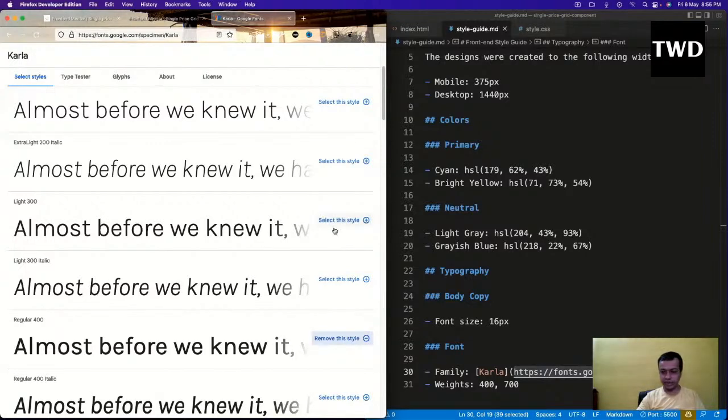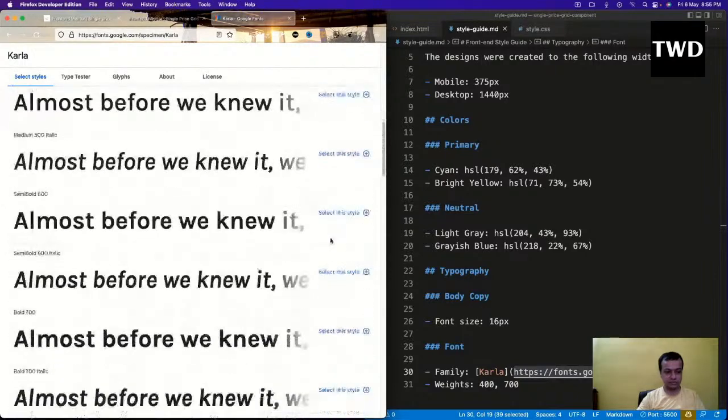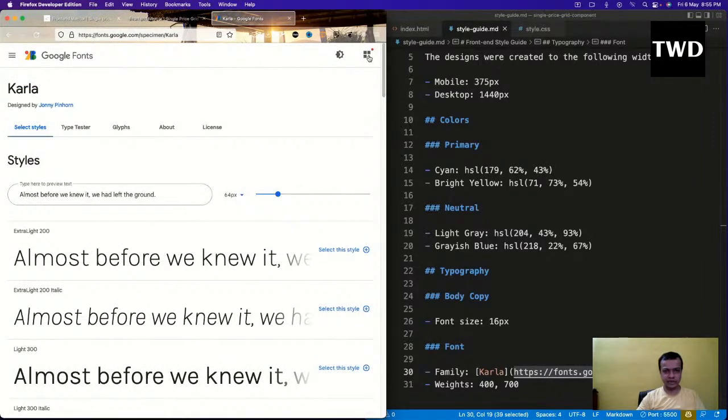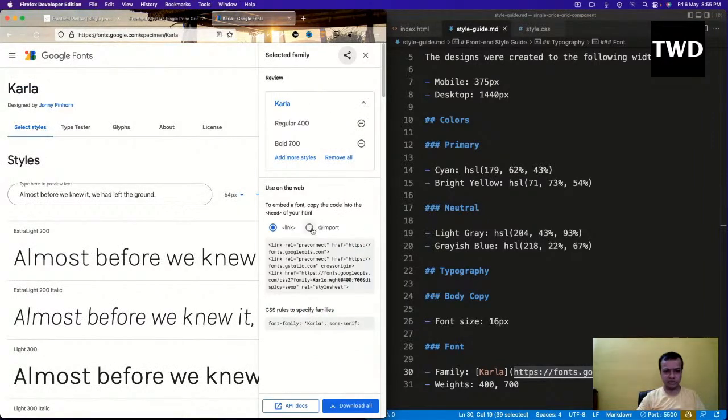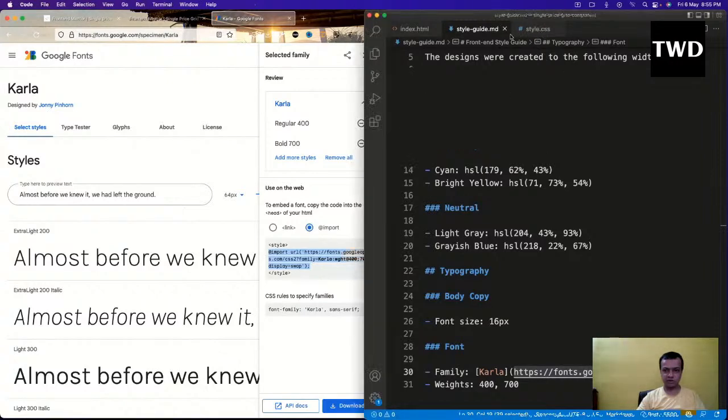So regular 400 I will choose, and I will come down, and this bold 700 I'll choose, and these two I have chosen, and then I'll come here, and imports I'll go, and this import I'll go, and I'll go now with the style.css